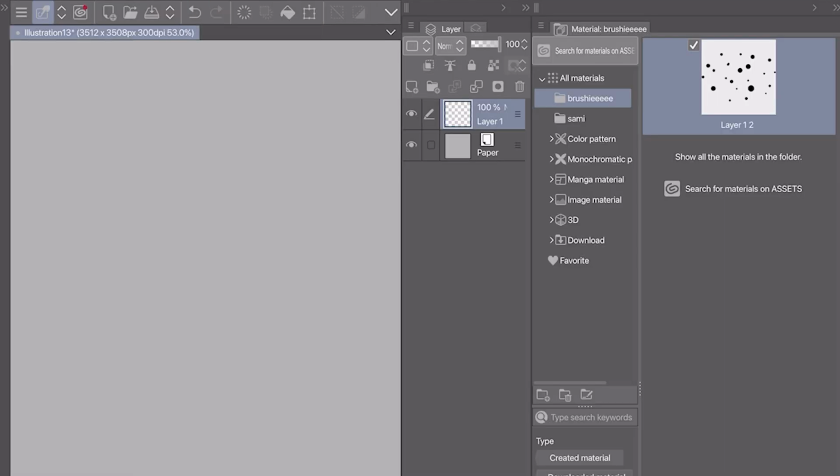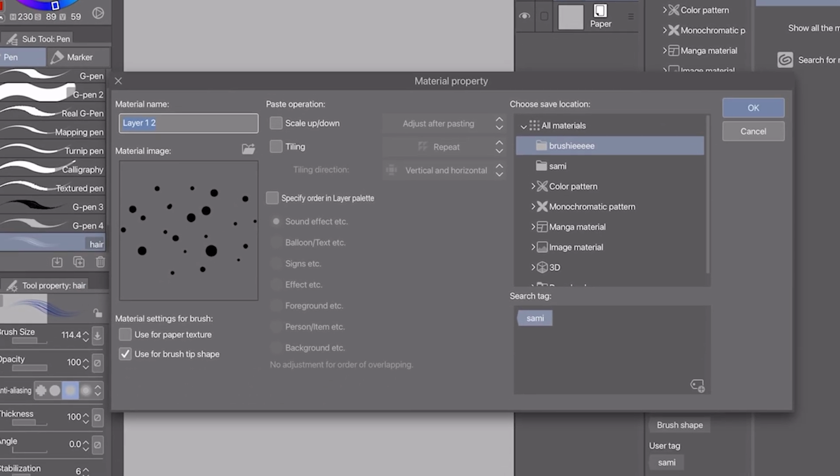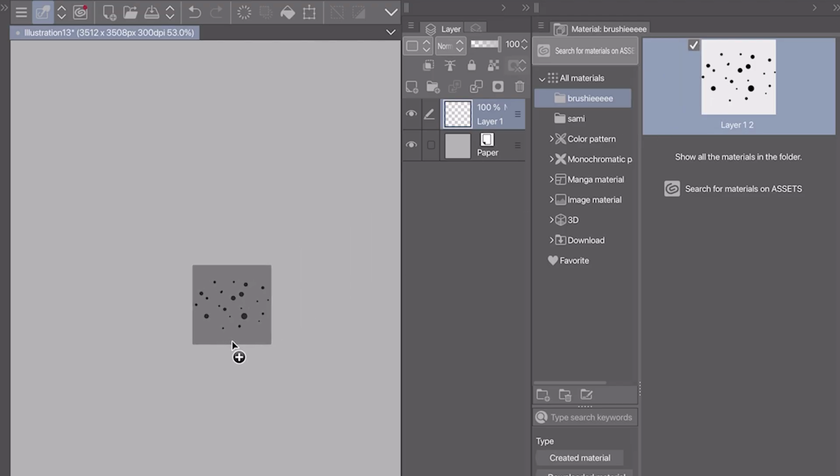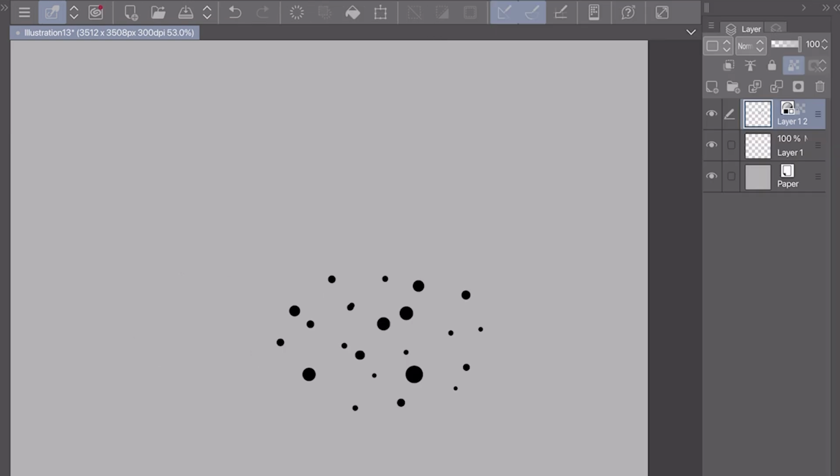If you forgot to do a setting onto your material, just go to the material panel, double click on it, and this will bring up everything. You can change some settings for it as well and add more tags if you'd like. You can also drag and drop this onto your canvas if you want to edit it. I'm just going to quickly show you what happens if on this gray layer, even though it's a gray layer, your brush isn't set to black but in gray instead.